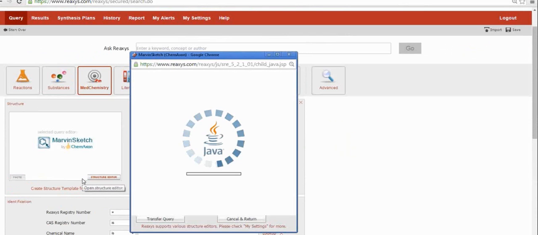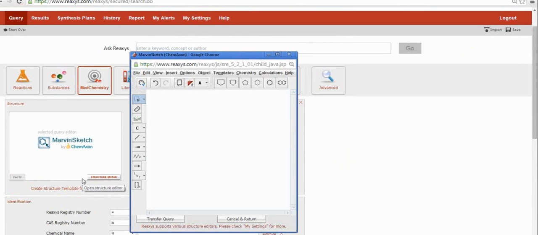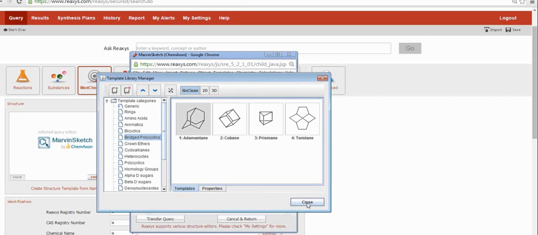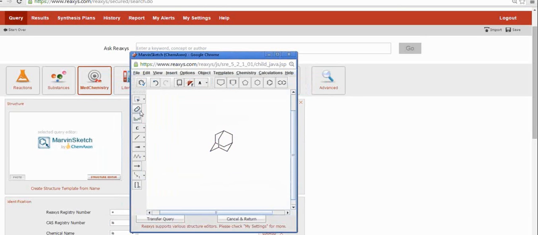So I may have an idea, let's say on a scaffold, and then I want to see all of the in vitro data on if this scaffold is actually known and what kind of data. So I actually had a scaffold I was working on 20 years ago, and I just want to see how much biological data was on this scaffold. So I'm going to choose this adamantane, and I'm going to do a little bit of modification on it. I was working on a series of bispidone compounds,